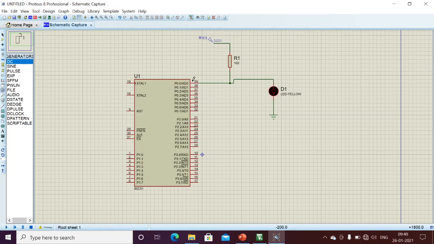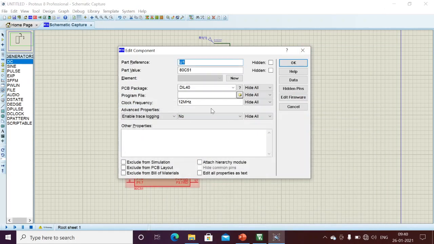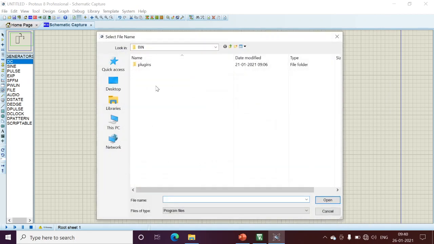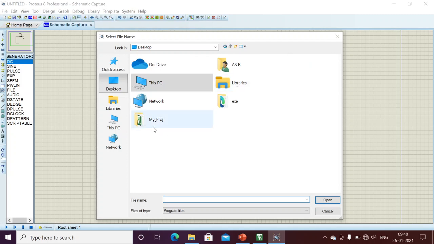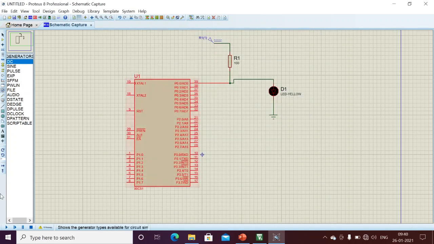For example, if I want to write this program, I just want to flash my executable. I am flashing the corresponding executable now. My behavior is that I write 00 to port 0, and after some delay I write FF. Here we flash our executable in the simulator, the same executable from my project objects, and I can play now. See here, the LED goes off and on.